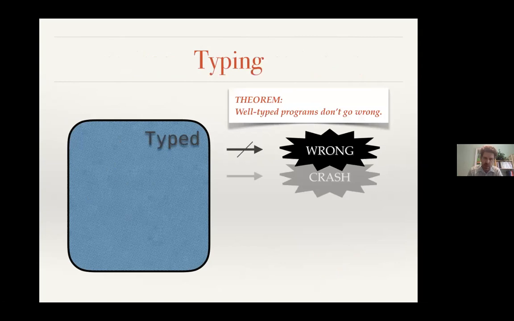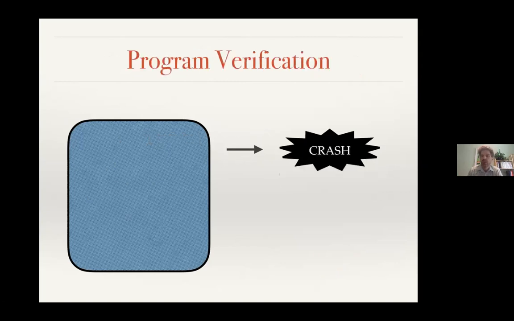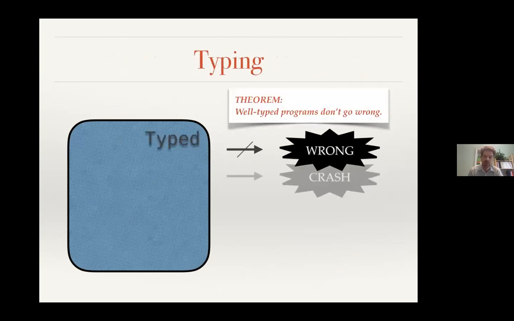And what you would like to do is sort of rule out crashes. That's sort of one view of what program verification is about, is ruling out crashes. And type systems are maybe one of the most widely used kinds of verification technologies. They're kind of lightweight verification technology. And the kind of verification that's going on there is that if you've got a program that satisfies